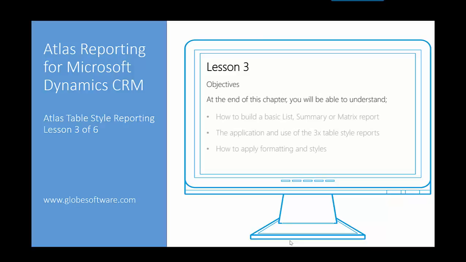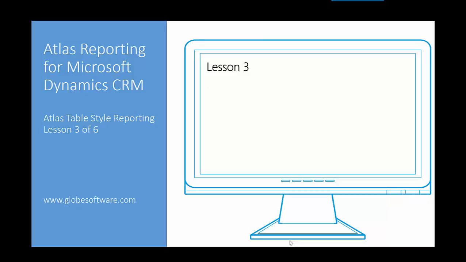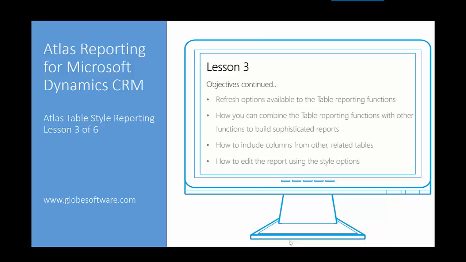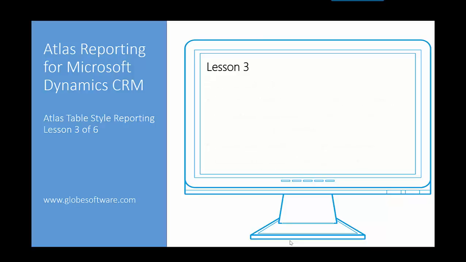Objectives. At the end of this chapter, you will be able to understand how to build a basic list, summary, or matrix report, the application and use of the 3 table style reports, how to apply formatting and style, refresh options available to the table reporting functions, how you can combine the table report functions with other functions to build a sophisticated report, how to include columns from another or related table,